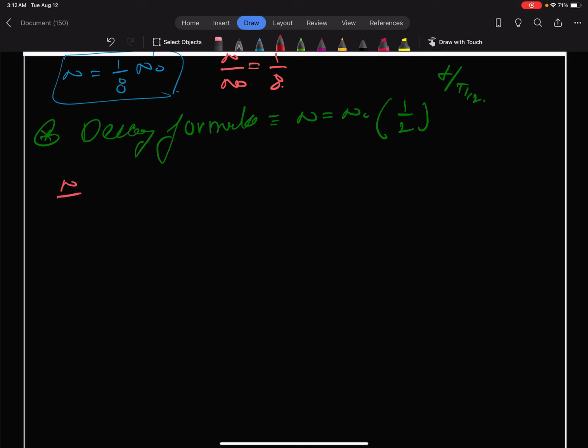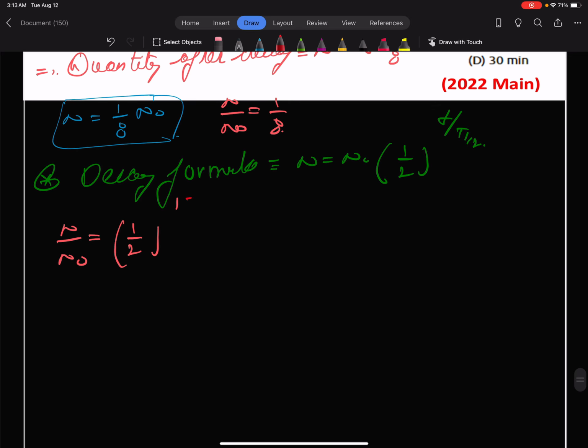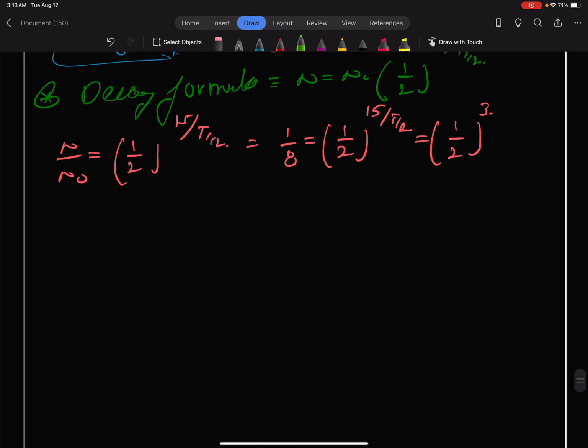So N upon N naught is equal to (1 upon 2) raised to power 15 minutes divided by T half, and this 1 upon 8 is equal to (1 upon 2) raised to 15 upon T half, and 1 upon 8 can be written as (1 upon 2) whole raised to power 3. So we get from here that 15 upon T half is equal to 3,